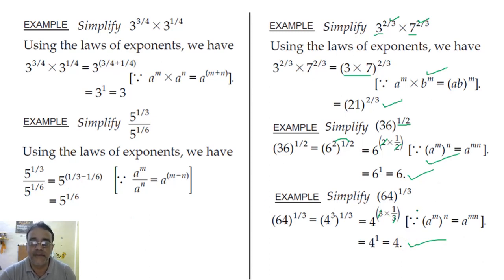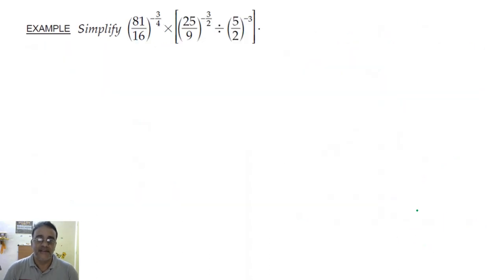No, sir. Okay. Now we are going to do some simplification problems. See this question. This is an example of simplification. So how you have to do, you just see 81 को 4 के पावर में लिखना है. 16 also have to write in 4 power. 25 को भी 2 के पावर में लिखना है क्योंकि यहाँ पे 3/2 है. And 9 you have to write in power of 2. और यहाँ पे ऐसे ही रहेगा ये.